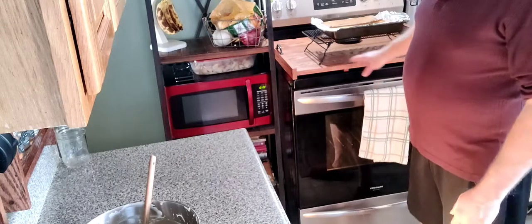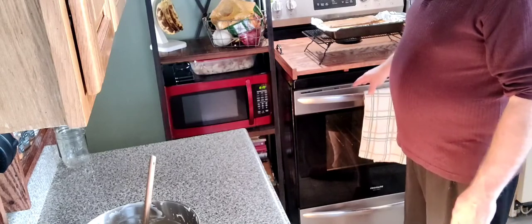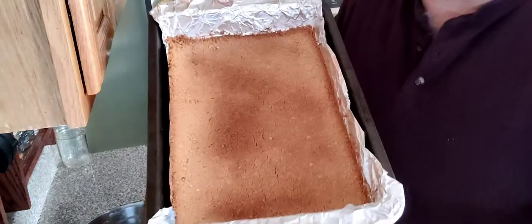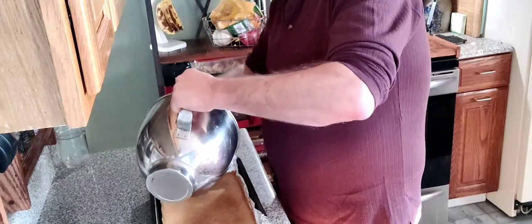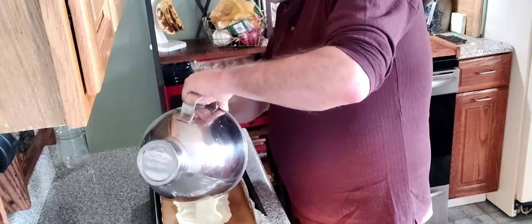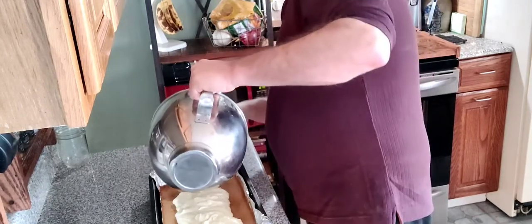All right, so I don't know if I mentioned it, but when you take your crust out of the oven, don't turn your oven off, because we're going to need it again. And we're going to bake this at 350 degrees. So we take our crust. I don't know if you saw it, but see how it's darker now. It's set, which is awesome. And then this is the last step before baking, is just pour your batter on top of your graham cracker crust. And then this way we can take it and,